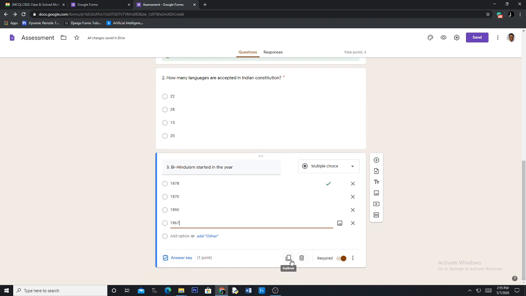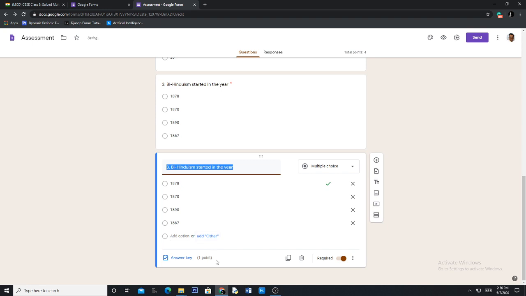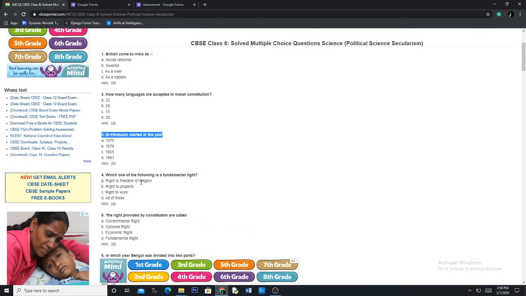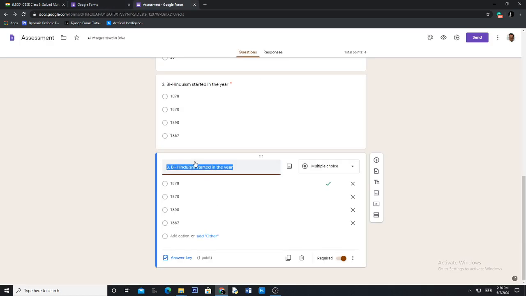And then I create one more, the fourth question. See, here I haven't given any feedback. Okay. Now in the fourth one, again I take this question quickly, copy, I come to my assessment, Control V, this is my fourth question, this is MCQ, and then the answers.